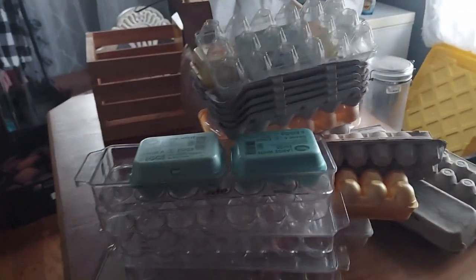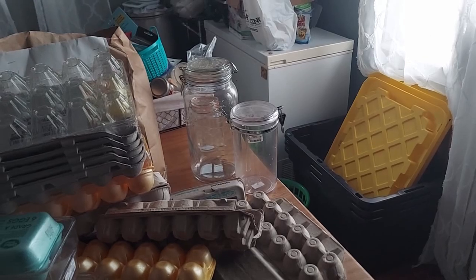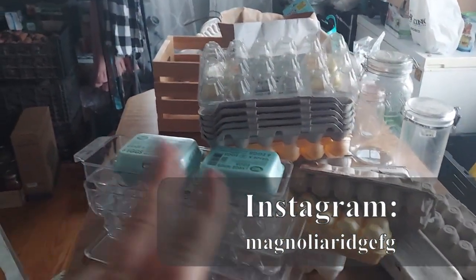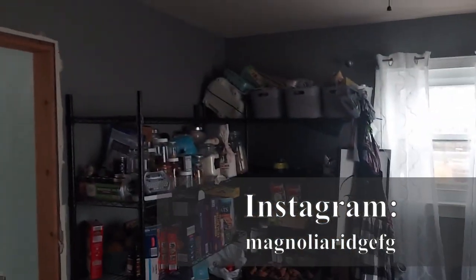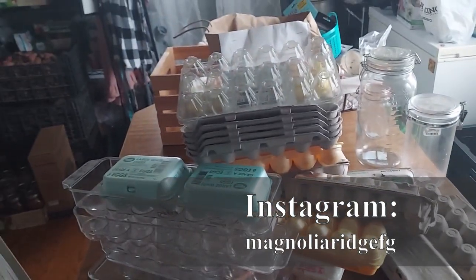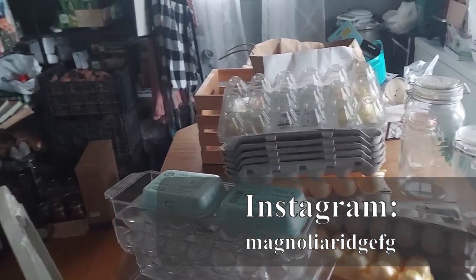So for right now, I'm using my table as a staging area. I have some totes over here that I can use. I may just be using them to haul empty jars to the basement or something. I need to get this stack of egg crates that was on the top shelf over here. I'm going to get them stacked up like this so they take up less room. So that is the project today, and I will take you along because my ultimate goal is to hopefully have